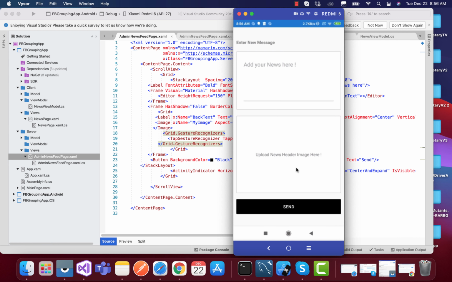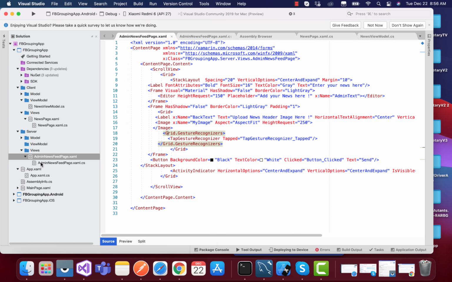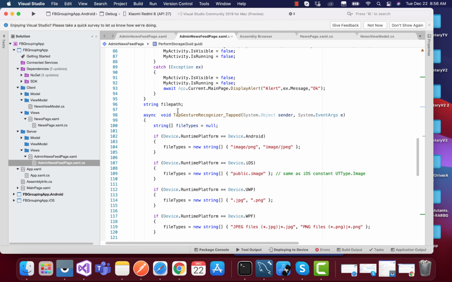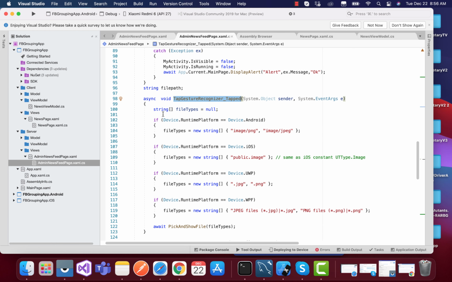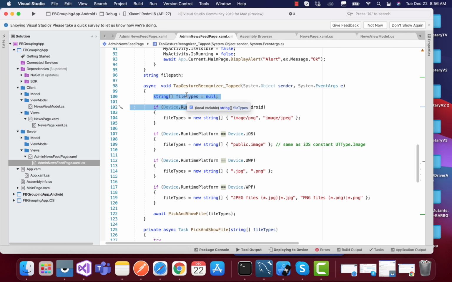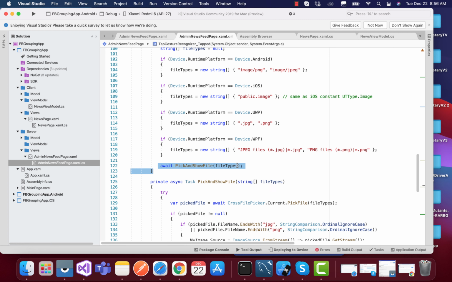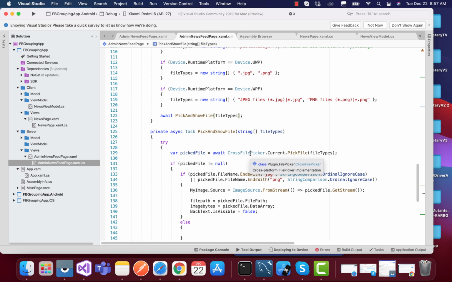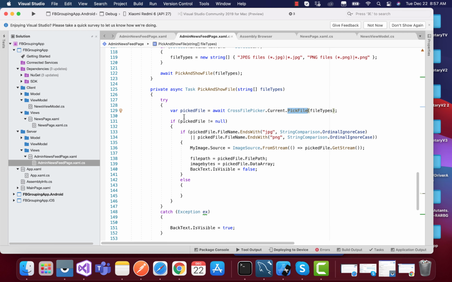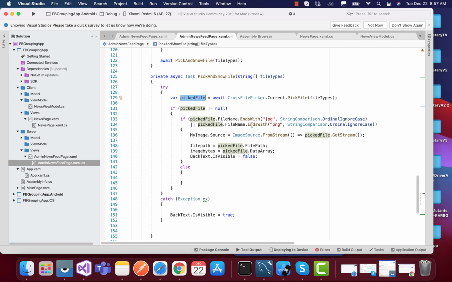So this is my admin app, which is going to send all the information like images, videos, audios or anything to the Firebase storage, and you can just access the file picker in order to get all those items from our admin app and send them to the Firebase storage. Whenever that file is picked, I'm using Cross File Picker as of now in this tutorial, but you can use the Xamarin Essentials file picker also and play around with it.